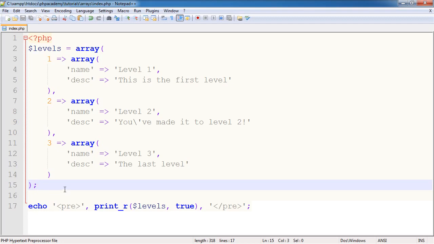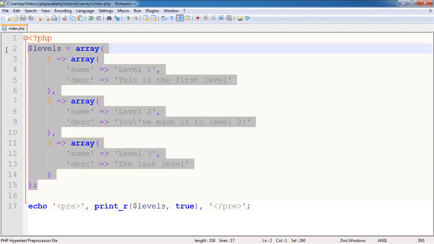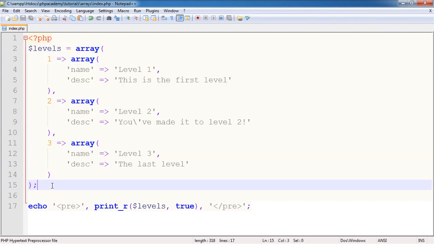Now there's one thing that we need to do, which is going to lead me to the last part of the tutorial, and that's to create this levels variable as a global variable. Now I'm not going to discuss the benefits or the drawbacks to global variables. One drawback is that it's slightly slower, and some people argue that you shouldn't be adding data to the global namespace. But really PHP, the way PHP is set up is that it doesn't really matter that you do this,